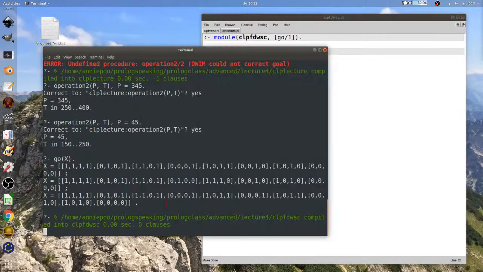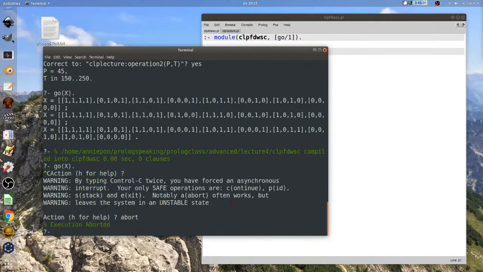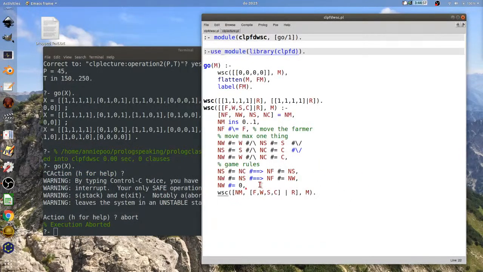And now what it's going to do, I hope, is it's going to blow the stack. Yep. Okay, why? Because it can never find a way.